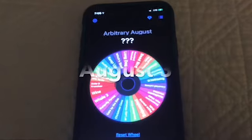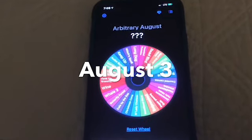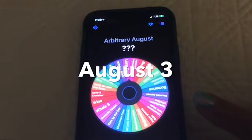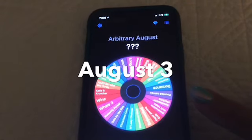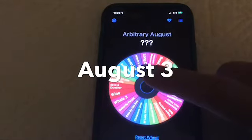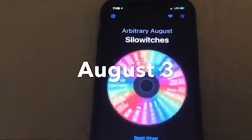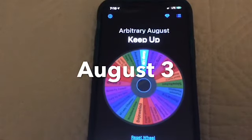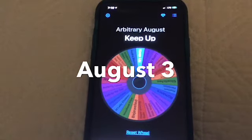All right, it's Tuesday morning, August 3rd, and I'm picking my project for the day. I'll do it after I make up for not doing the needlepoint stocking yesterday. I'm going to do 30 minutes of the needlepoint stocking and then 30 minutes of whatever. Keep Up. Keep Up is a Heaven and Earth Designs